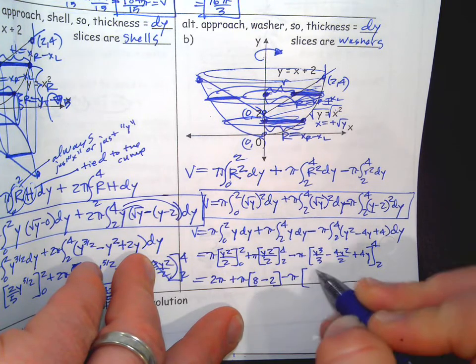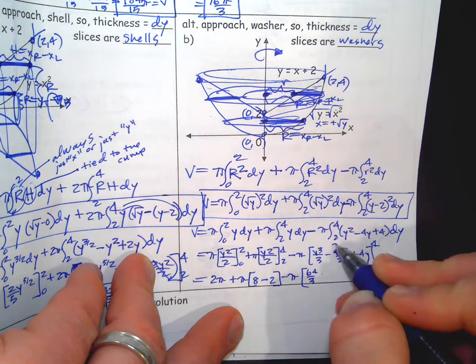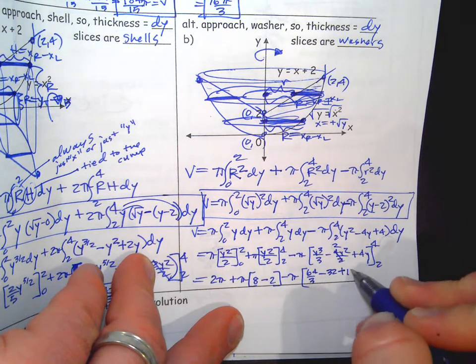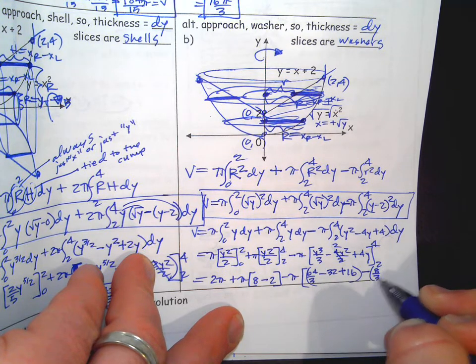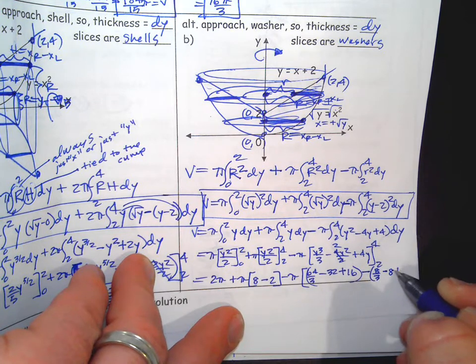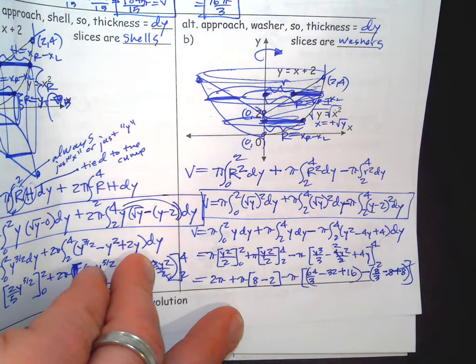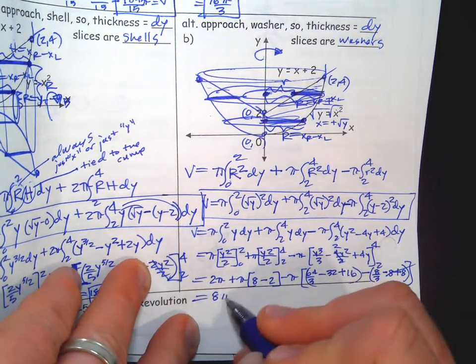Plug 4 into here, we get 64 thirds, minus 32, plus 16, minus 8 thirds, minus 8, plus 8. Those guys cancel each other out. So we have 8 pi from these two,